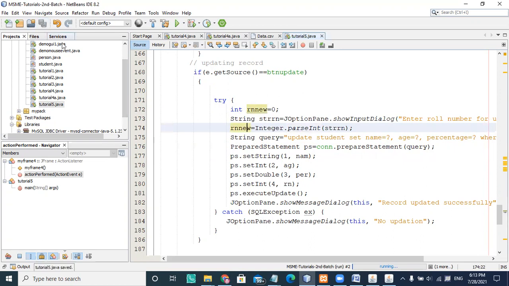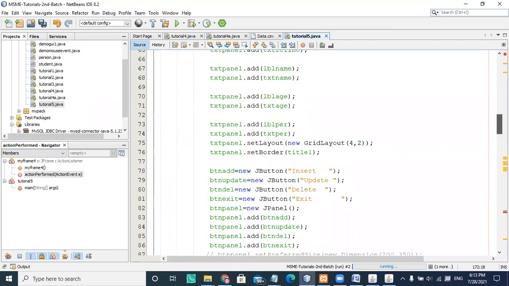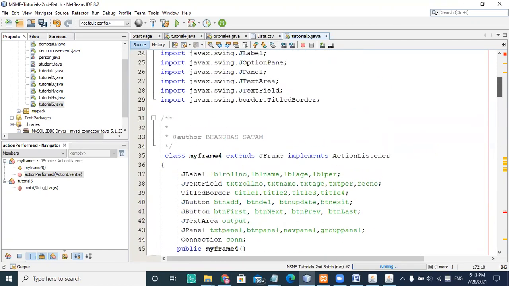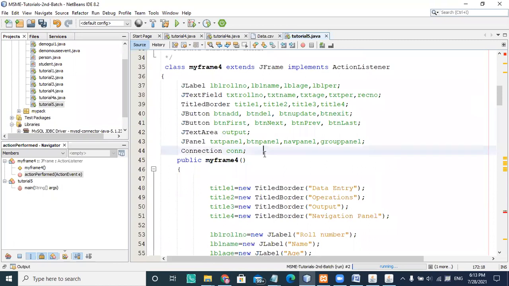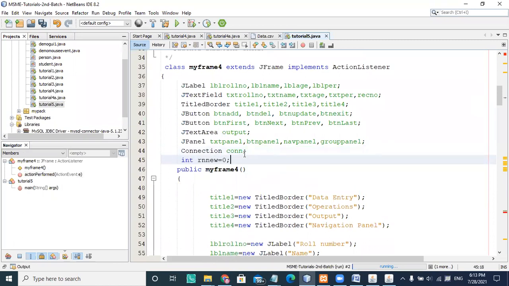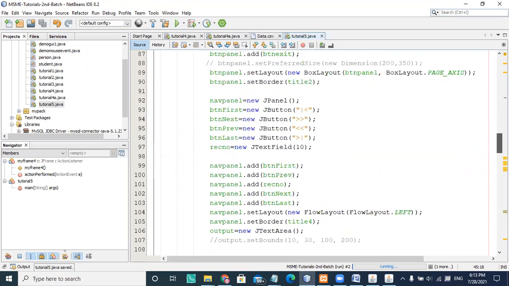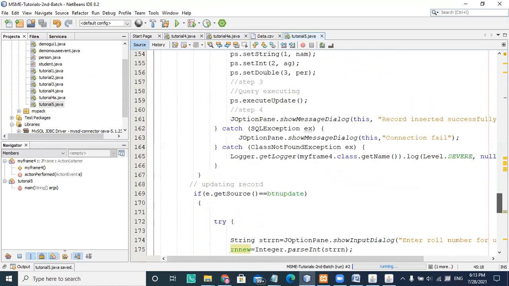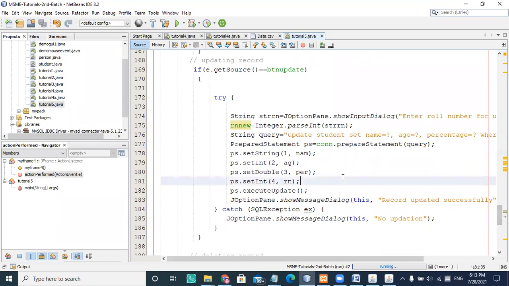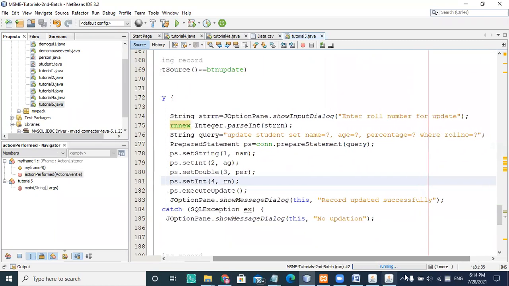Still, it's saying that. Let me take it outside the class, somewhere here. Some values are not initialized.